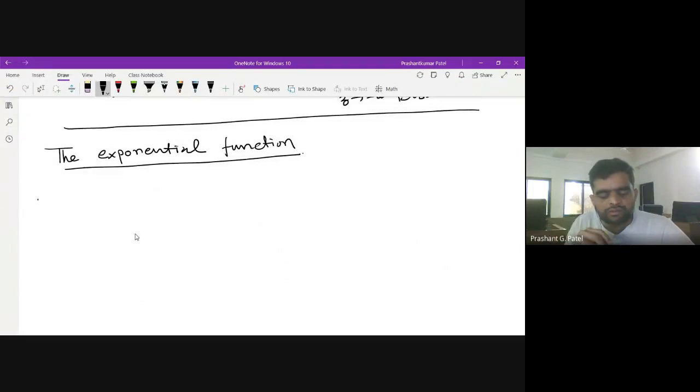The existence of the exponential function is what we are going to discuss in this video. The existence of exponential functions as well as the uniqueness of exponential functions, and some properties of exponential functions, we are going to discuss here. So with that regard, the first theorem that we are going to discuss is: there exists